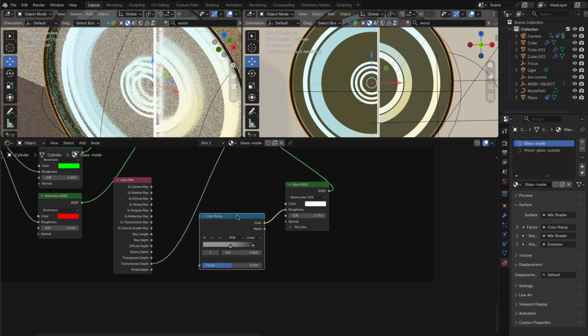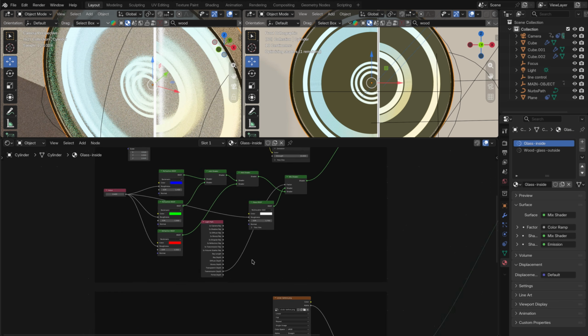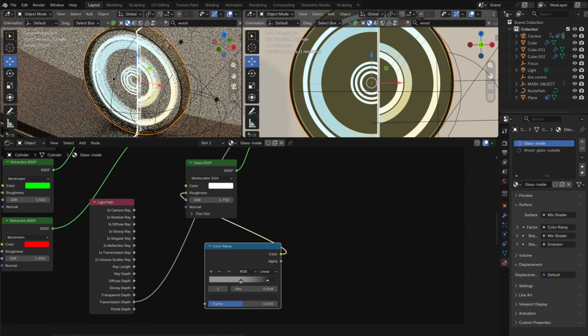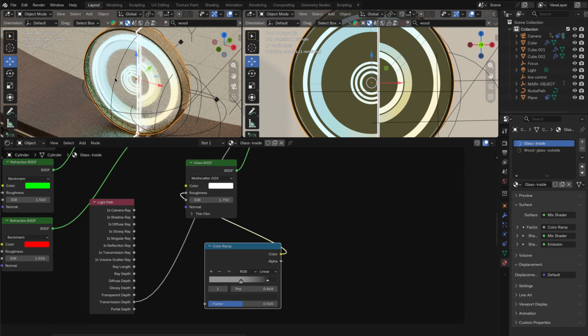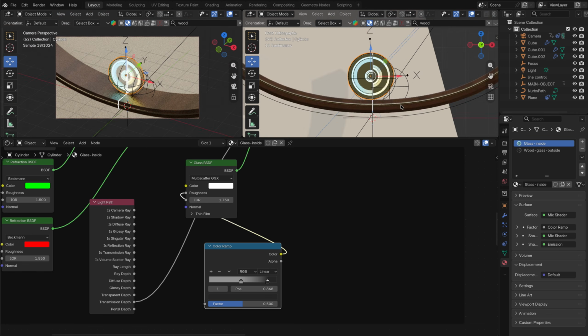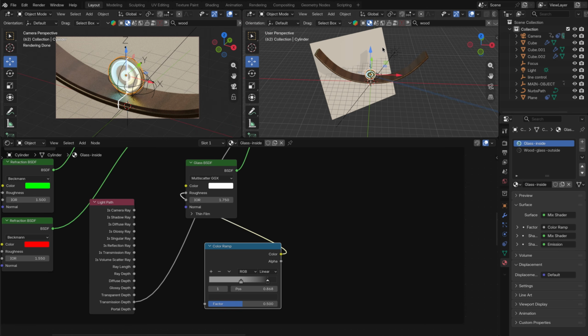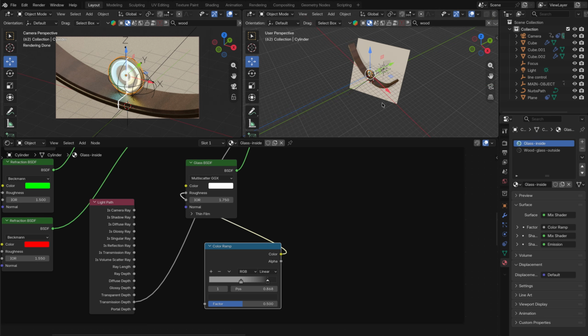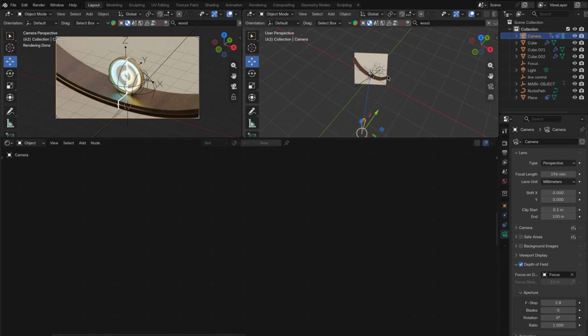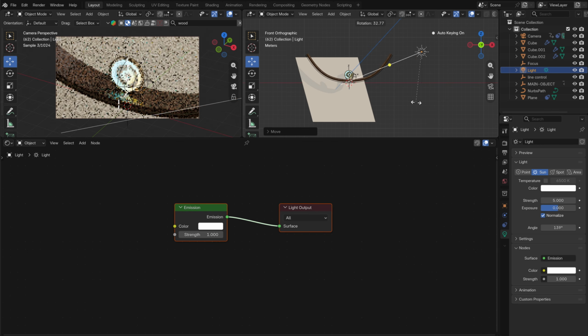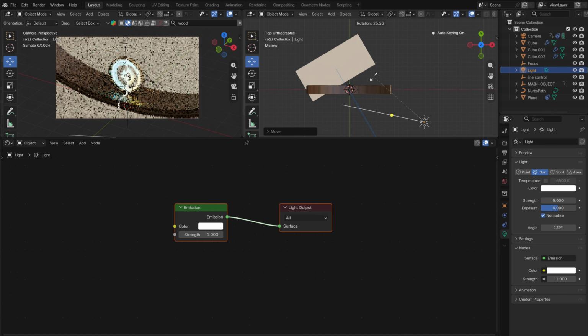Okay, and then duplicate the same color ramp for the second part right here and connect it to the roughness. So we actually apply it to both of these materials. There we go. And now we just need to create something to have more shadows on the background. There are two ways. The first way is to change the sun to something different. So in my case, I can rotate it like this